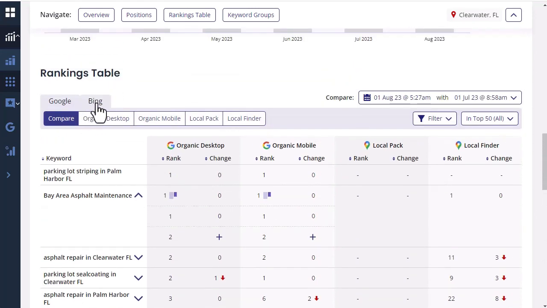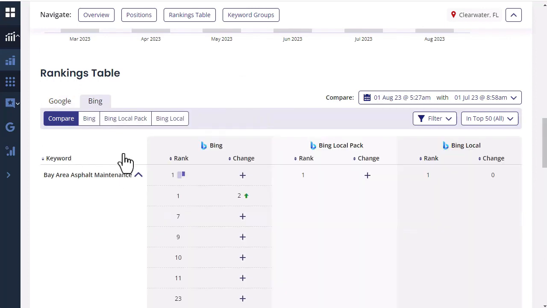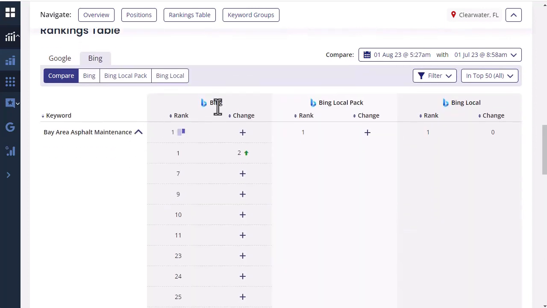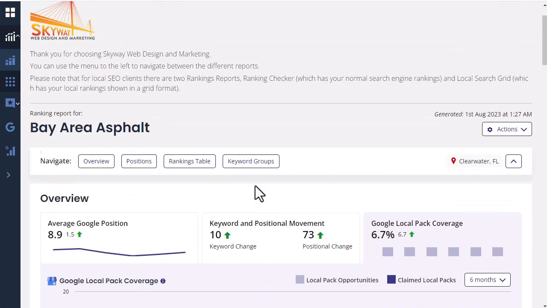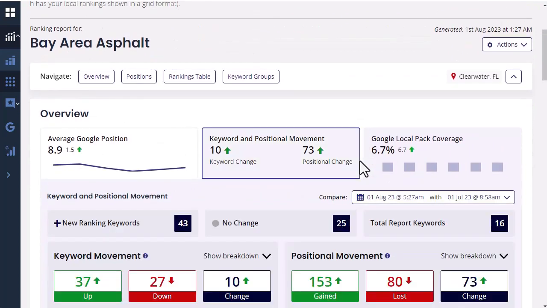And you can click here and get the same things for Bing. Bing doesn't distinguish between whether you're searching from a computer or a mobile device, so there's just Bing. There is a local pack in the Bing results, and then there's also Bing Maps, which is the Bing local. So that is a look at the search rankings report, part of the SEO